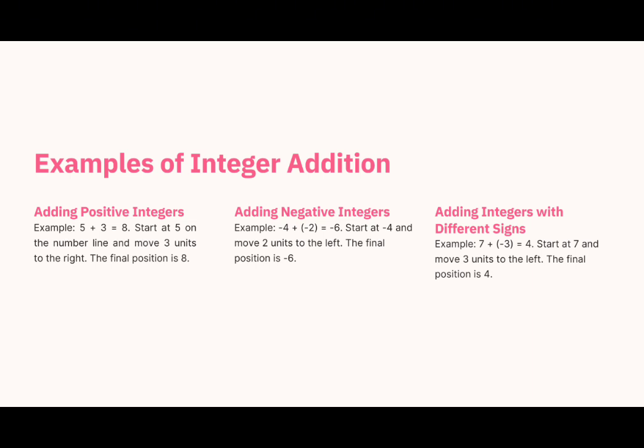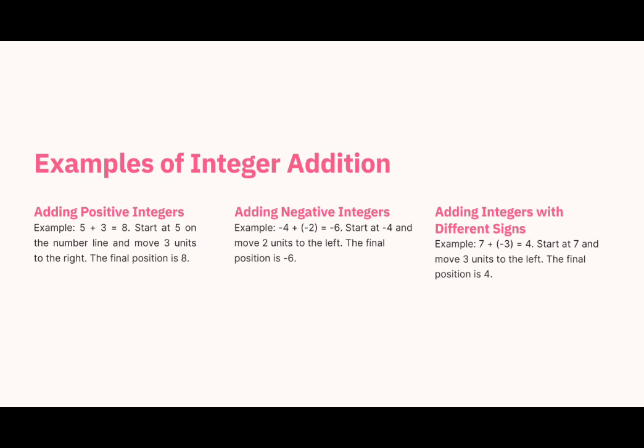The first, adding a positive integer. Example, 5 plus 3 equals 8. Start at 5 on the number line and move 3 units to the right. The final position is 8. The second, adding a negative integer. Example, -4 plus -2 equals -6. Start at -4 and move 2 units to the left. The final position is